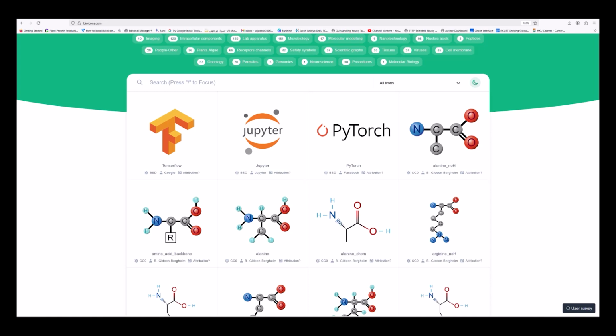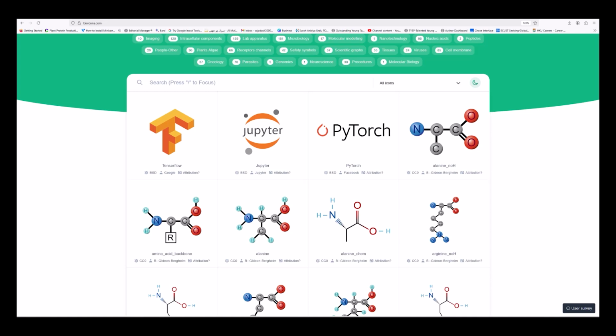So here you will select your choice of icons, and then you can download them, and then you can add those icons or graphs to your own design by using any other software like Microsoft PowerPoint, Adobe Illustrator, any software you can combine it with.